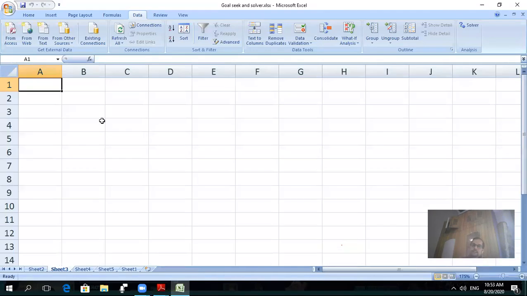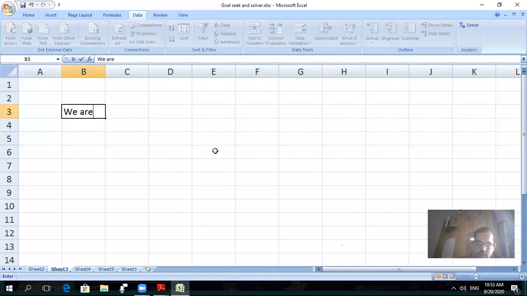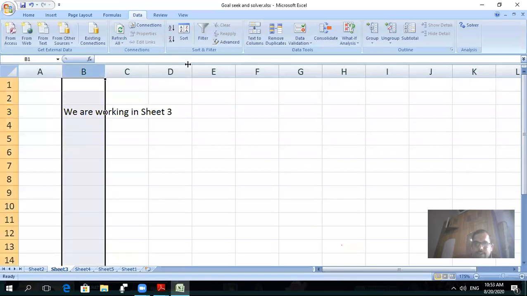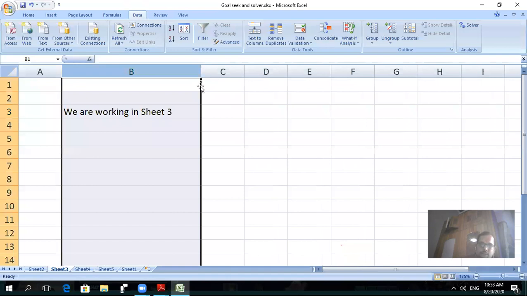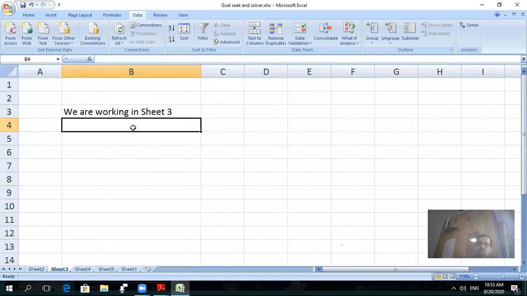Now look, this is your blank Excel sheet. Now this time we are working in sheet 3. Any kind of values you can refer. Okay, so this is a string type value, means it is written in characters. Suppose a numeric type of value, 15.